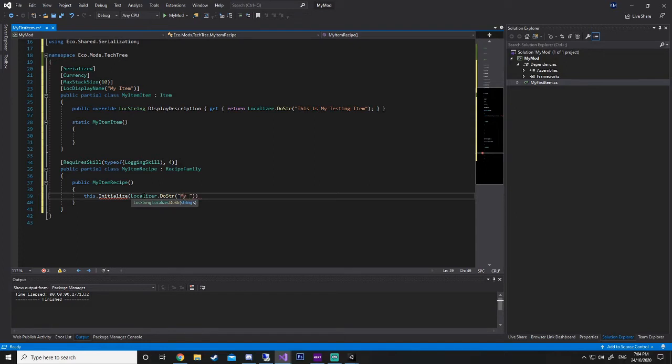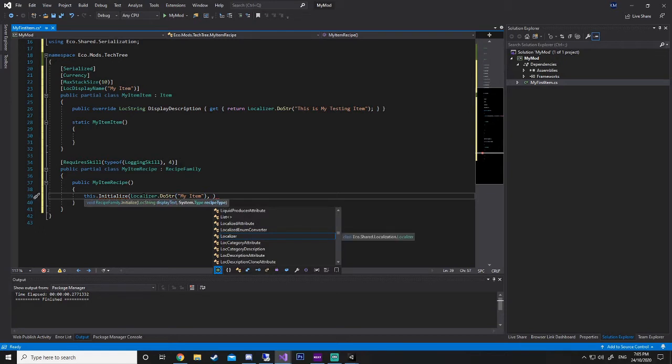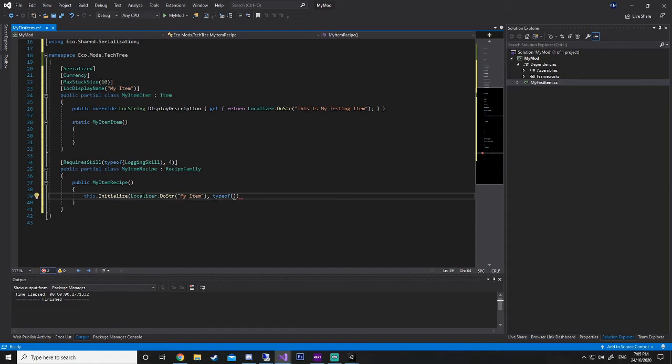So this is how it's going to display in a variant recipe as well, but it's safe to have it here to begin with. So we're going to add, just going to give it the name there, and then next we're going to add a reference to this recipe. So it will be my item recipe. Finish that off with a semicolon.